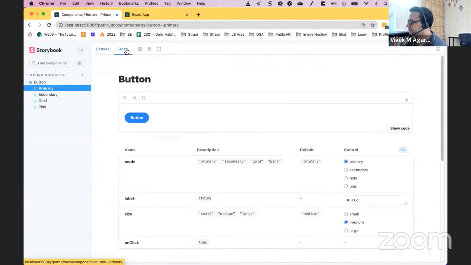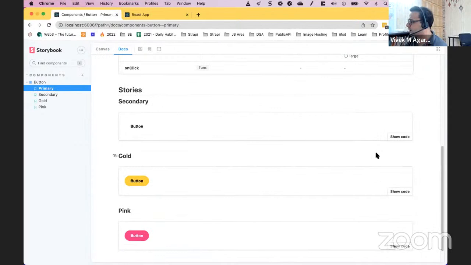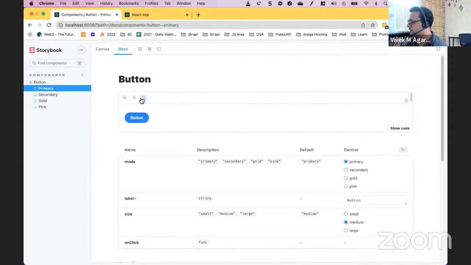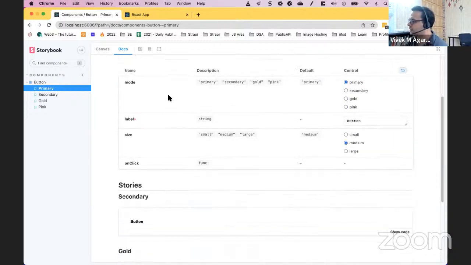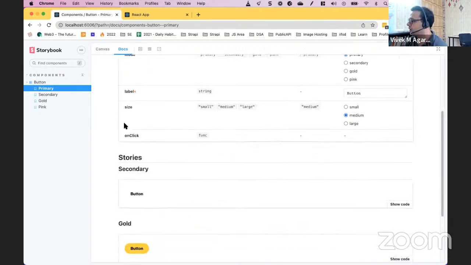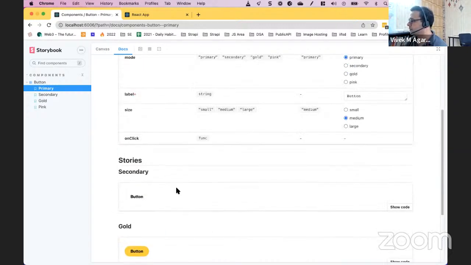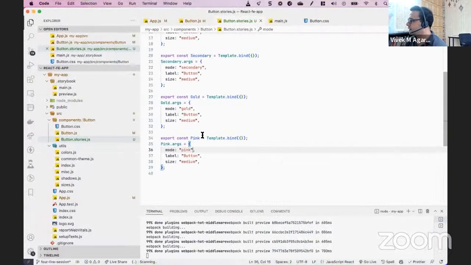में जाते हैं तो सबसे मजे वाली बात यह है कि आपको सारे के सारे वैरायटीज स्टोरीज देखिए। बटन तो हो गया हमारा कंपोनेंट, राइट, मेटा कंपोनेंट, और उसके बाद उनके जितने भी, ये हो गया हमारा डिफॉल्ट एक्सपोर्ट, आप अगर उस भाषा में देखें तो। और ये सारी हो गई उनकी स्टोरीज, सेकेंडरी, गोल्ड, पिंक, ये सारे हो गए उनके स्टोरीज।